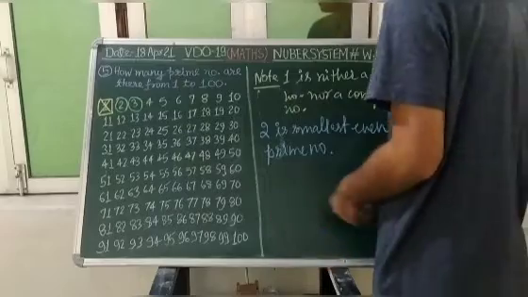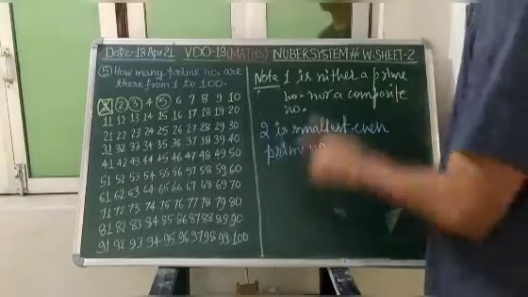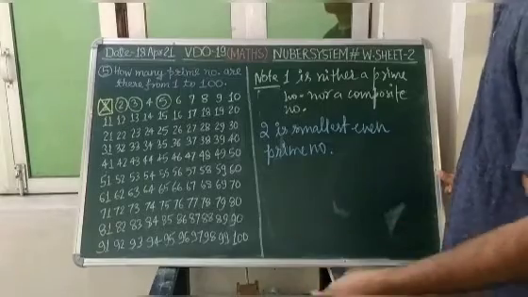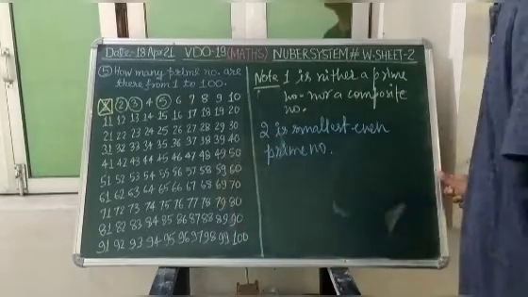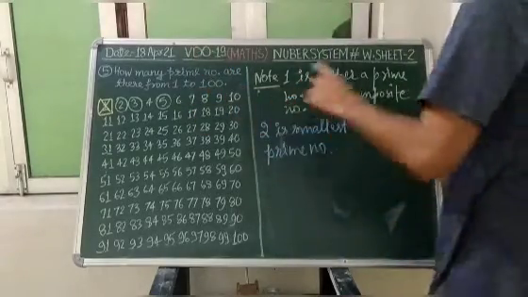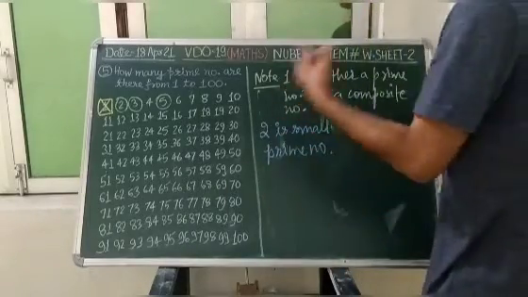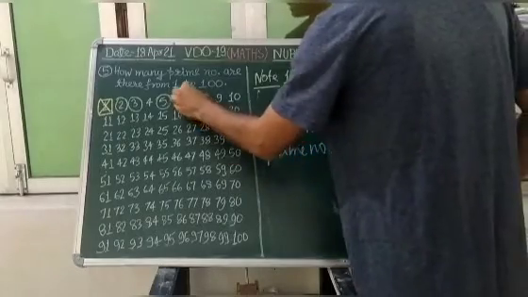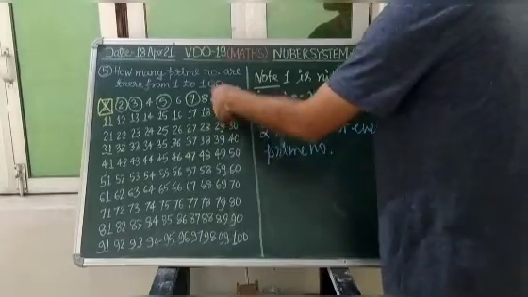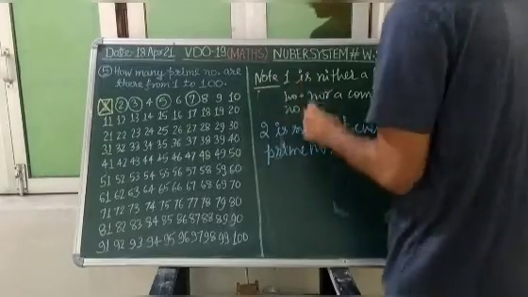So we'll leave this. 5, when you select, you will see that it goes by 5 and 1 only. 6, when you select, you see that along with 1 and 6, 2 is dividing 6 and 3 is also dividing 6. So other numbers are also dividing this 6 along with 1 and itself. So 6 will be your composite number, and we want the prime numbers. 7, when you select, goes by 1 and itself only. 8, when you look, 2 will divide it, 4 will divide it along with 1 and itself. So 8 will not be your prime number.